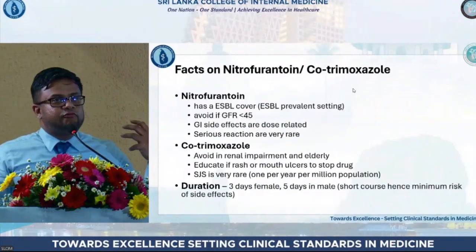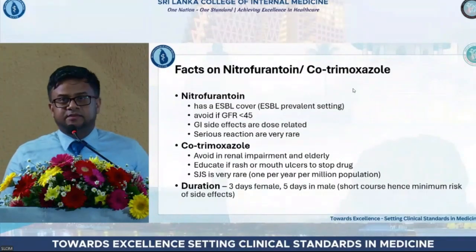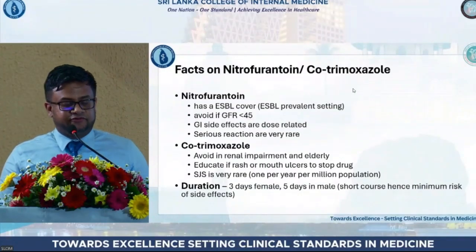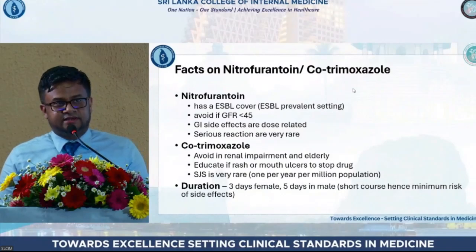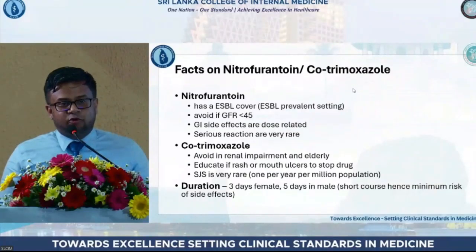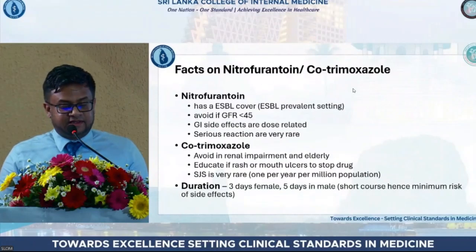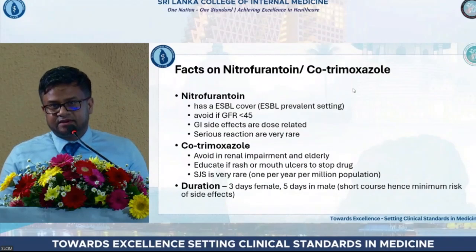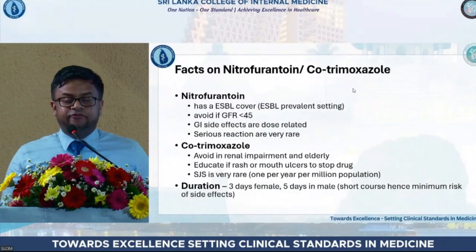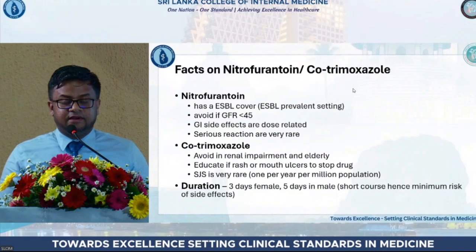Right. So why do we use nitrofurantoin and cotrimazole? Some facts regarding nitrofurantoin and cotrimazole. We are a country where ESBL is much prevalent. Local studies suggest about 20 to 30% ESBL prevalence in this country. Nitrofurantoin and cotrimazole both have good ESBL cover. Not cefalexin, not coamoxiclav. If you use nitrofurantoin, be aware to avoid it if the GFR is less than 45,